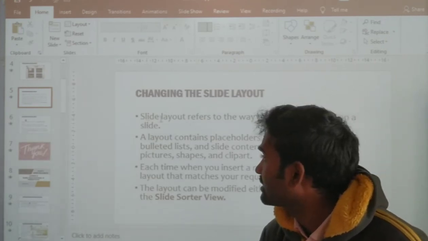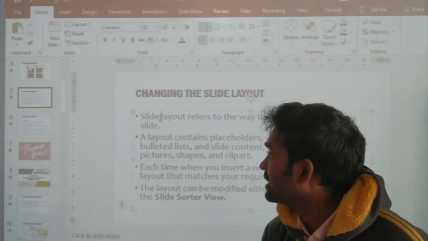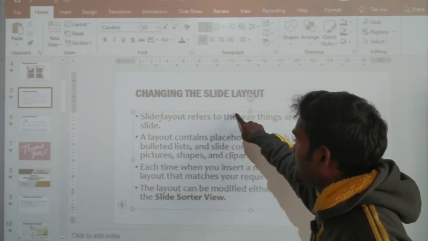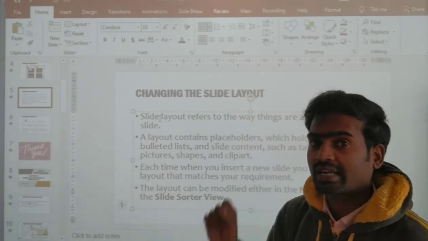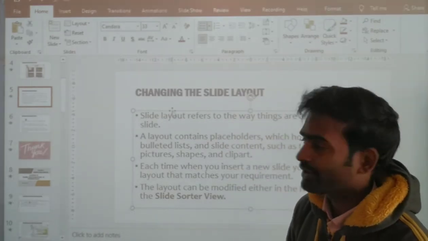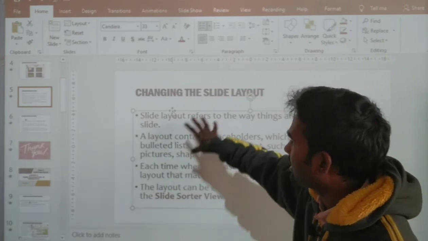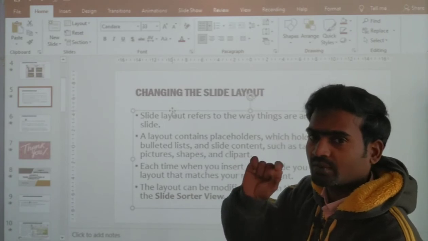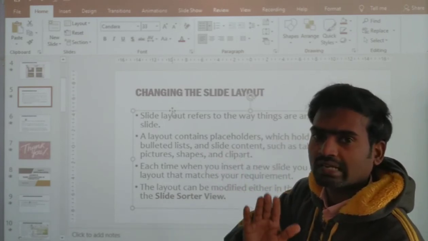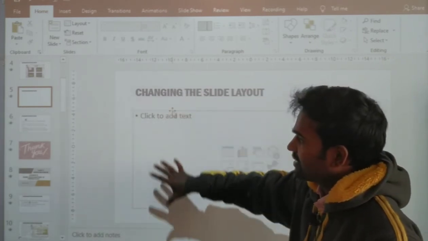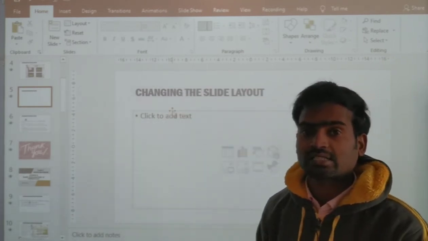When you click on the text, the dotted line border will appear. See here, it is appearing here. And then if you want to delete it from your keyboard, just press the delete key. When you press the delete key, that entire content, whatever is there in the placeholder, will be deleted. See, now that slide is not deleted, only the content has been deleted.